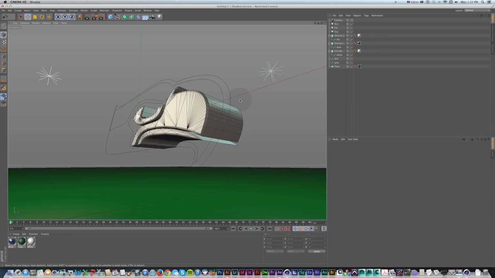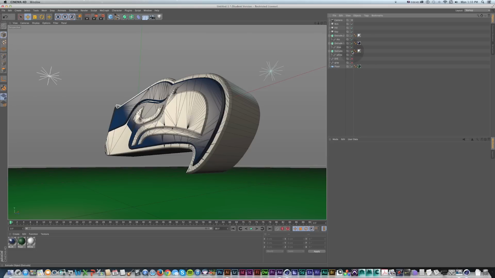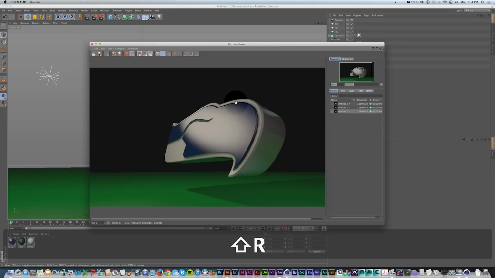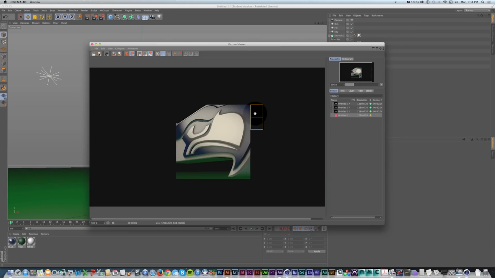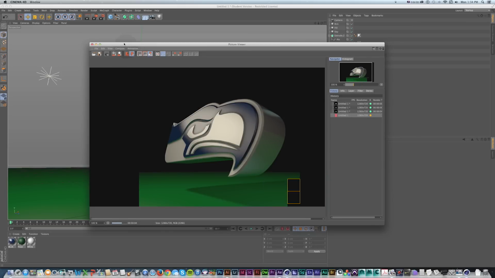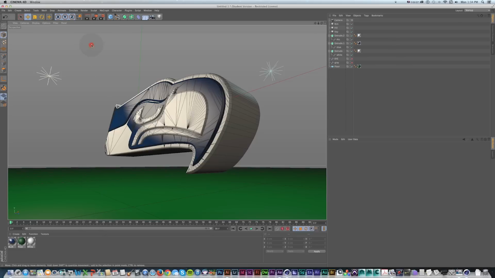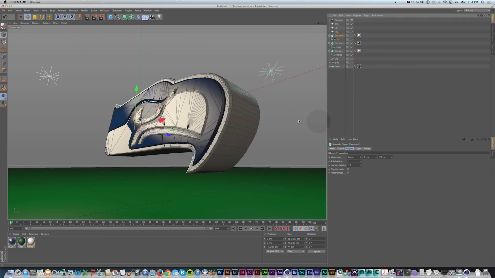So back in our main project right now, if I turn back on all these extrudes, I have my outer white, my inner blue, and all my little white details. So this is getting there and looking pretty good so far. If I quickly render this again. But for these interiors, this would be a good example to use some of these other cap types